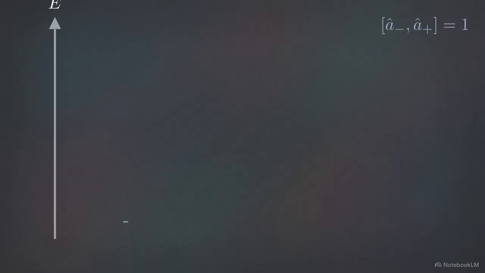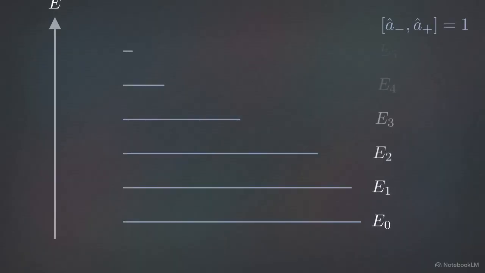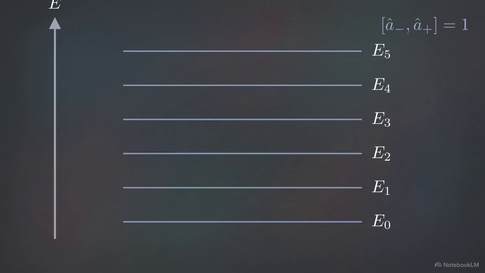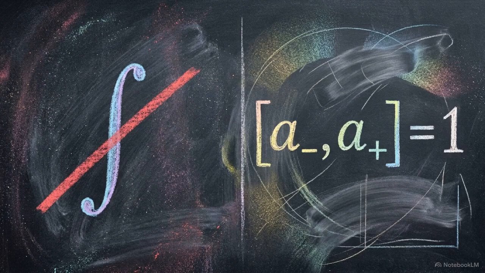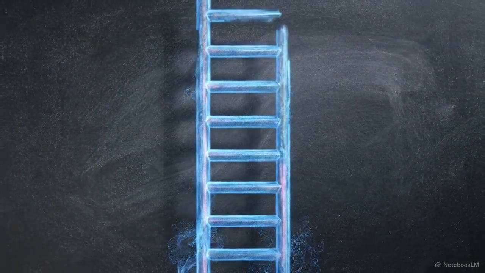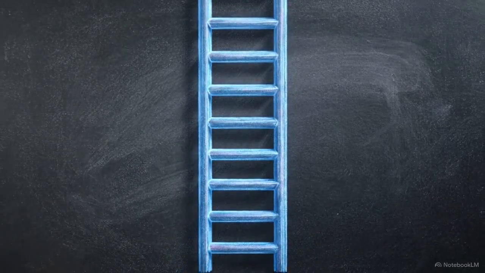This single algebraic rule dictates that the allowed energy levels of the oscillator form a rigid, equally spaced sequence. Each application of the operator moves the system exactly one discrete step up or down the ladder. This bypasses the continuous calculus of the Schrödinger equation. We derive the entire spectrum of states from pure algebra. The result is a series of discrete energy steps, a structure determined by the algebraic relationship between the operators, rather